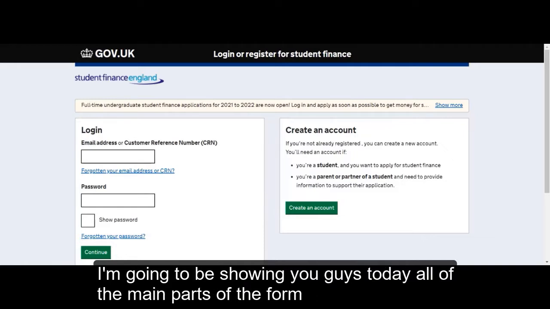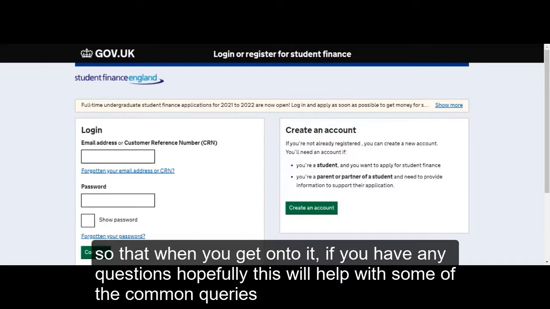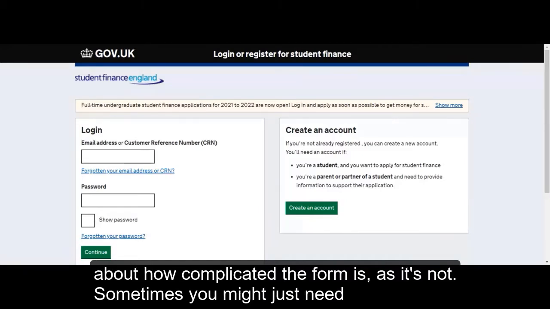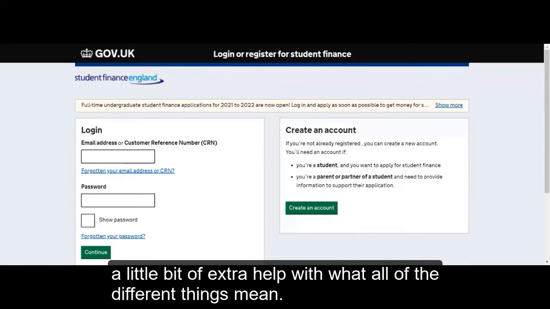I'm going to be showing you guys today all of the main parts of the form so that when you get onto it, if you have any questions, hopefully this will help some of the common queries. And also if you haven't started yet, hopefully it can alleviate some worries about how complicated the form is. As it's not, sometimes you might just need a little bit of extra help with what all of the different